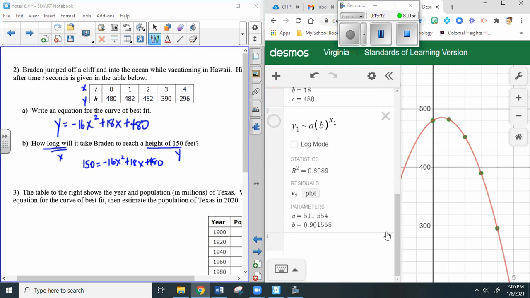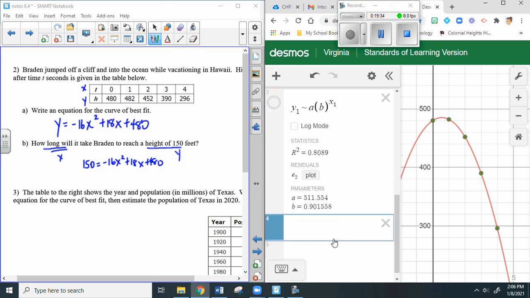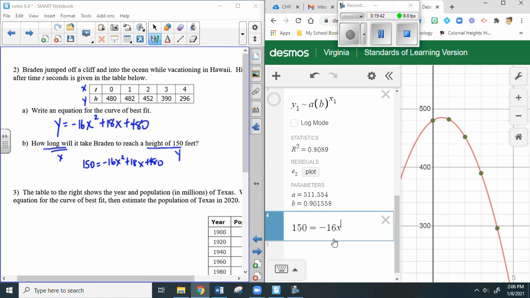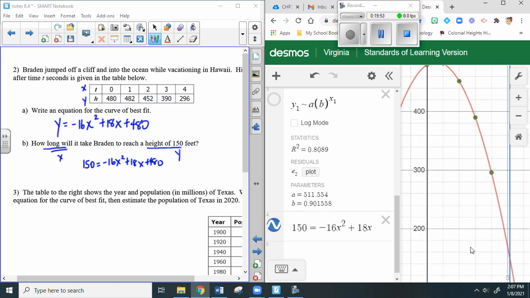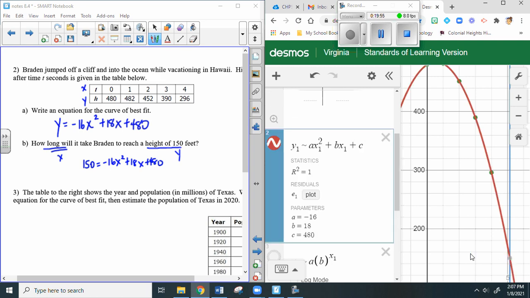What you need to do is come over here to Desmos and type in 150 equals negative 16x squared plus 18x plus 480. I think I got it in there right. All right, and then I might have to adjust my curve a little bit, because what I really want to find is